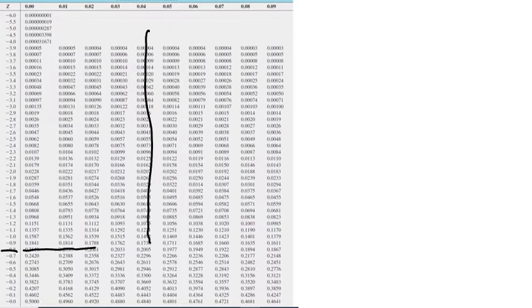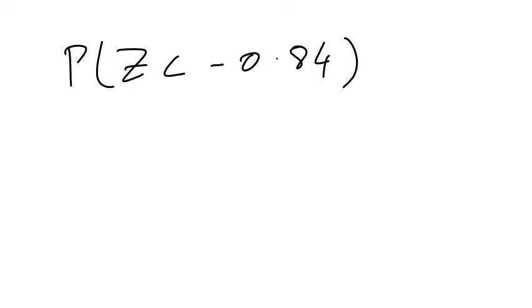This is the value which is 0.2005. So the probability that z is less than minus 0.84 is 0.2005. So if we convert it into the percentage,